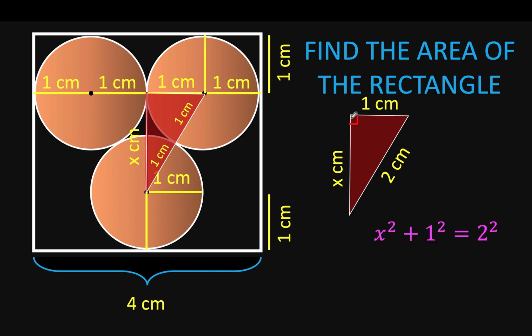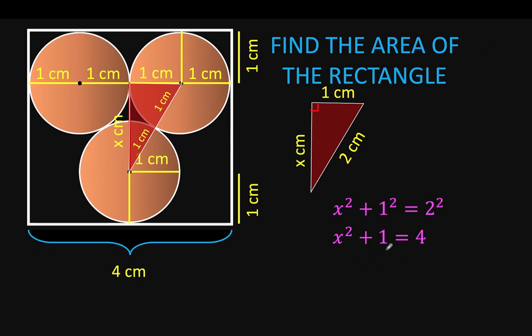Using the Pythagorean formula, we can compute for the remaining leg. So that is the square of x plus the square of 1 centimeter equals the square of the hypotenuse with a length of 2 units. Simplifying, we have x squared plus 1 equals 4, and subtracting 1 from both sides to get x squared equals 3. Here, x is equal to plus or minus the square root of 3, and since x represents the length of a line segment, we just take the positive root of 3. So, the measure now of this red line segment is square root of 3,